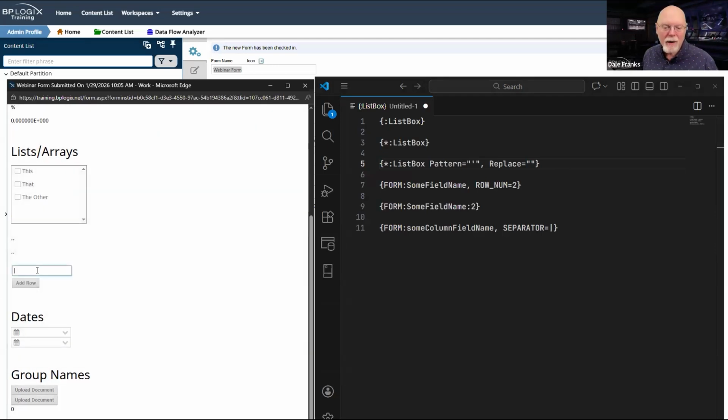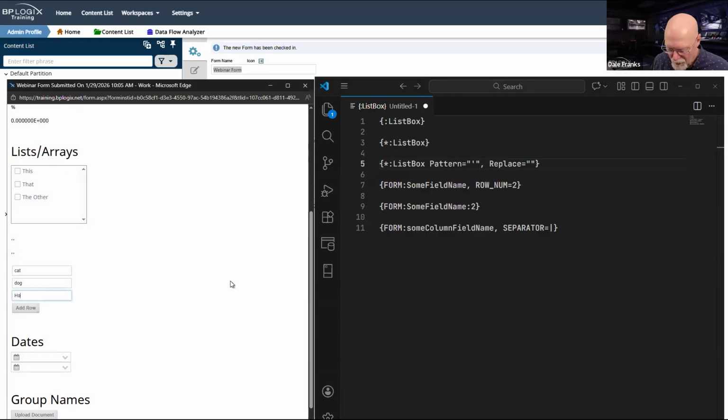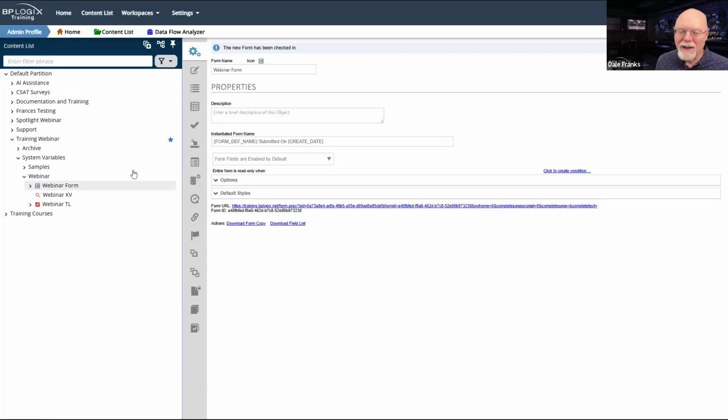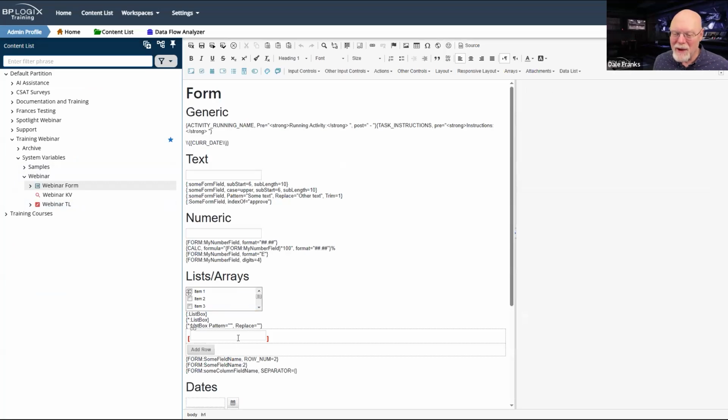So let's go to our array, and we'll go with cat, dog, horse. Oh, well, none of this is going to work because I didn't change the form field name in my system variables.